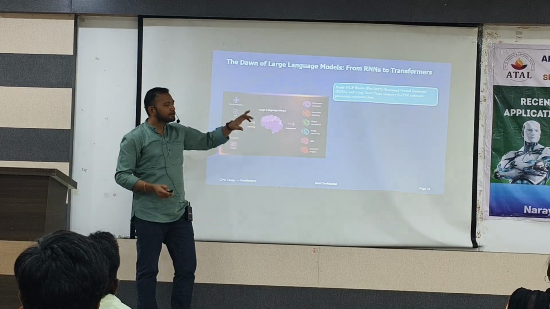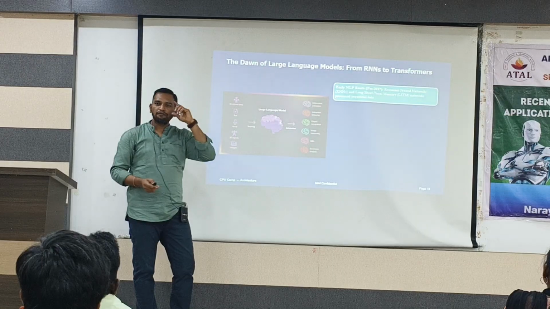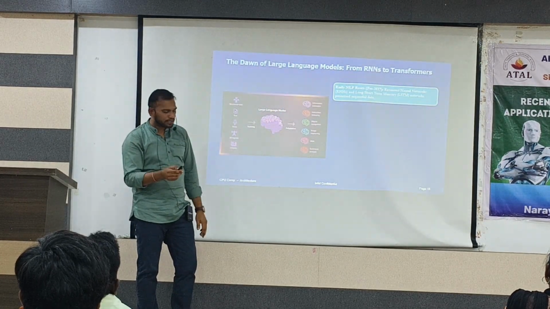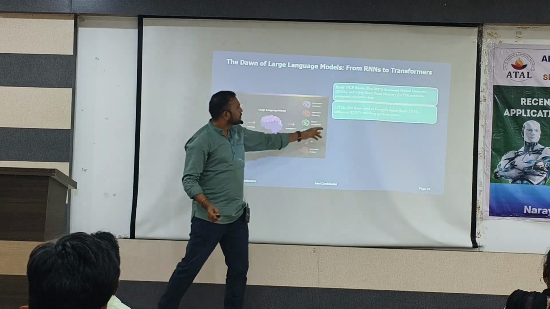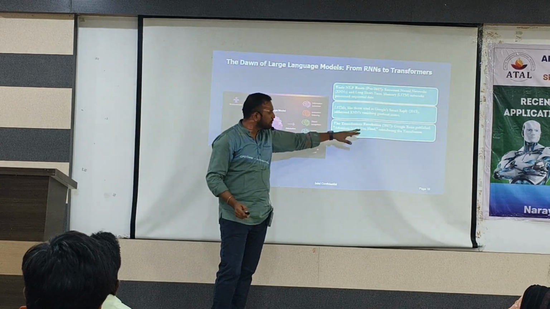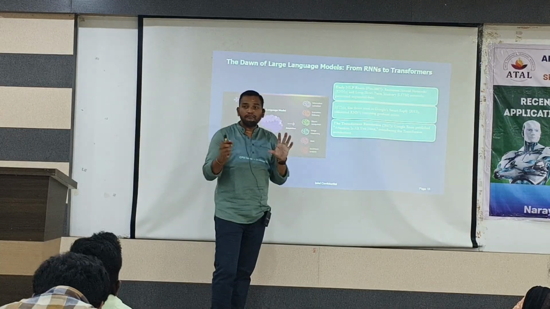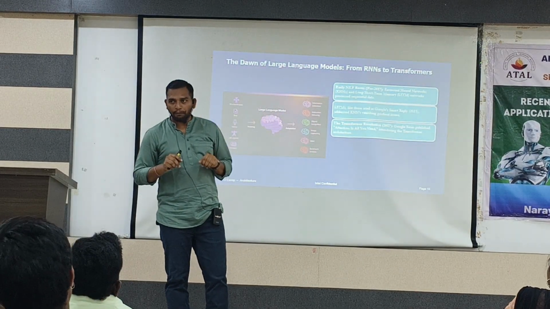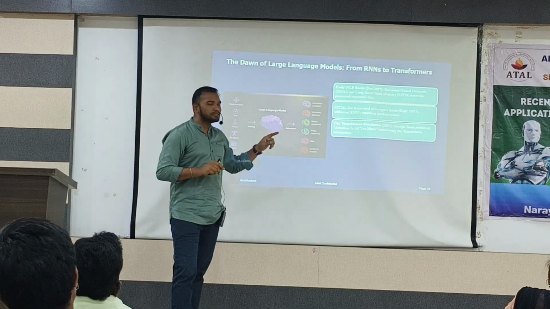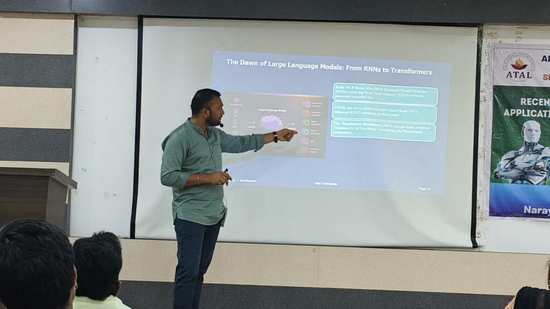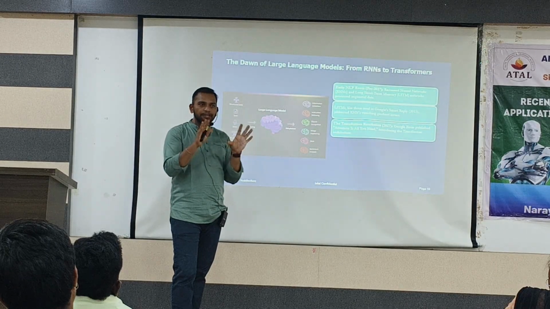And the recurrent neural network had some issue, the forgettable issue. I will come to that slide. The transformer revolution came in 2017 with the Google Brain, when they published "Attention Is All You Need." That is a paper published by the Google Brain. With this, the GPT architecture